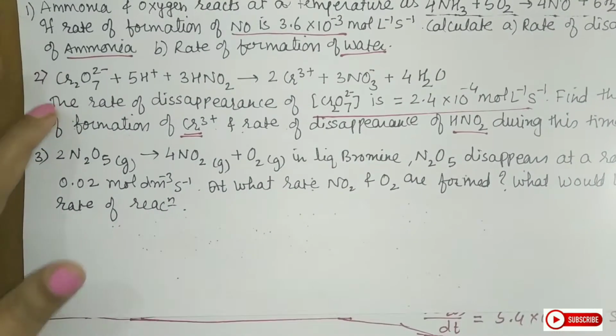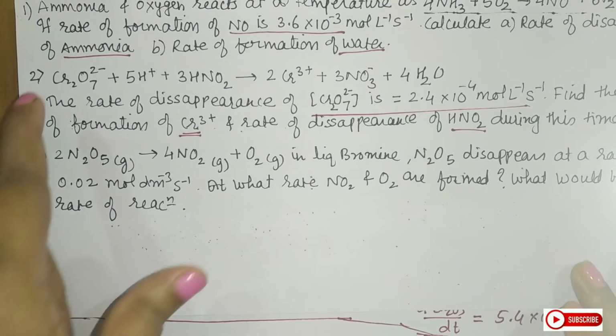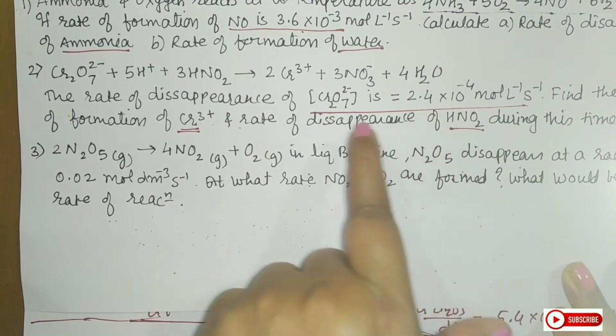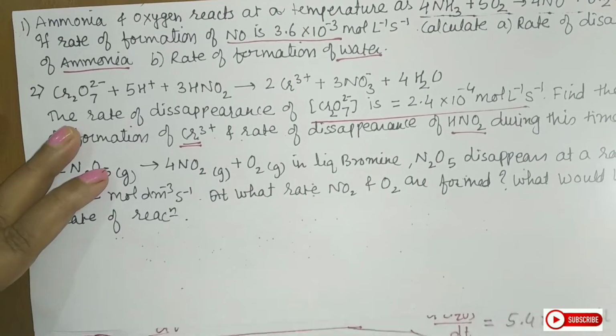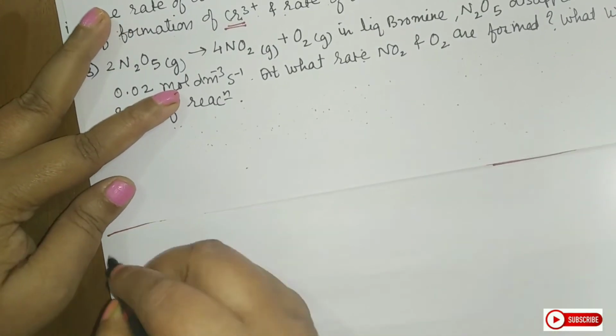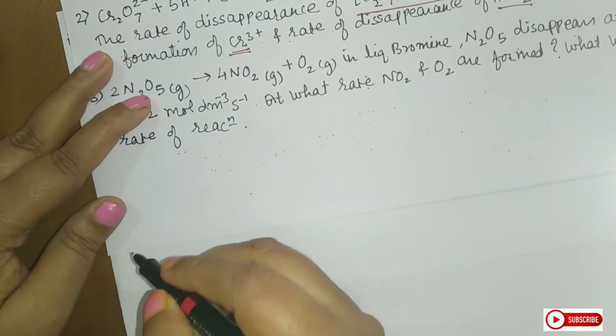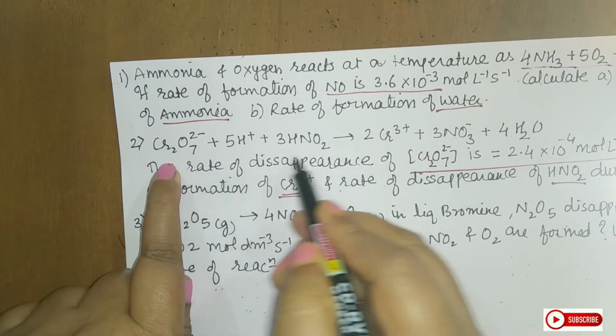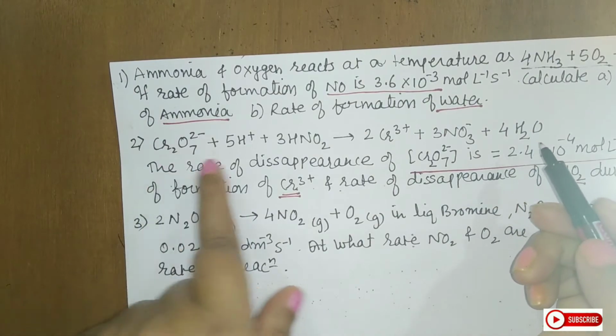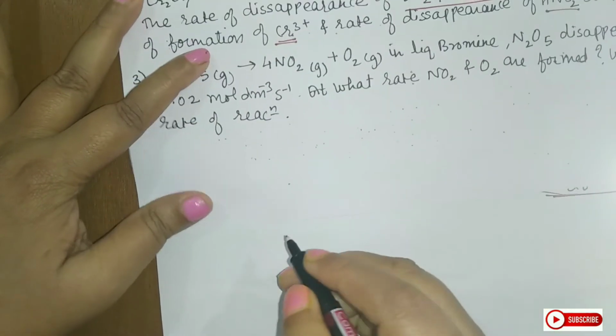So students, if you have understood this, no need to write the complete reaction. You can use only what is given and asked. So that will also help you. So let us see the way how to do this. So I am writing the equation first. Here the equation is this. Let us see whether it is balanced. So this is balanced. So I am writing it as it is.